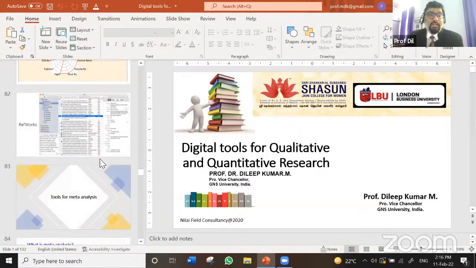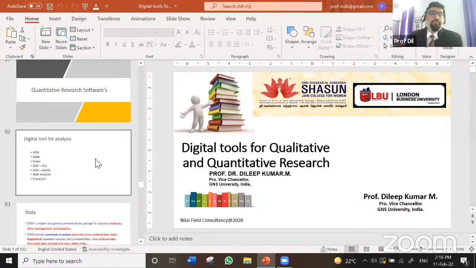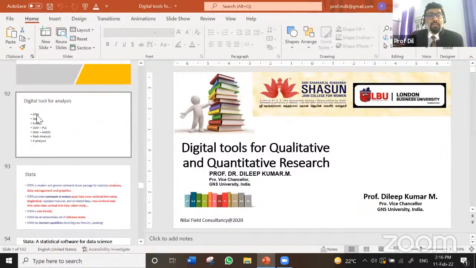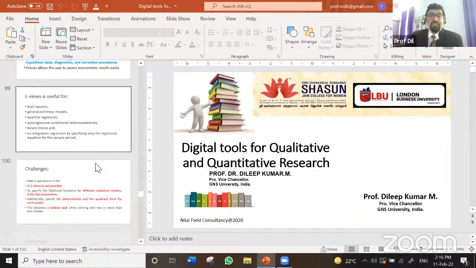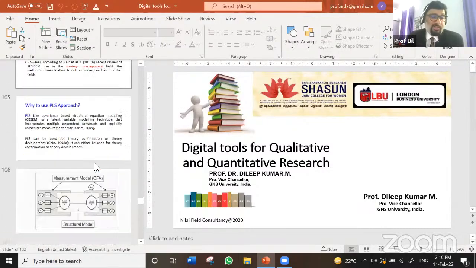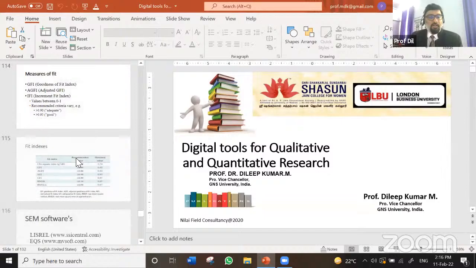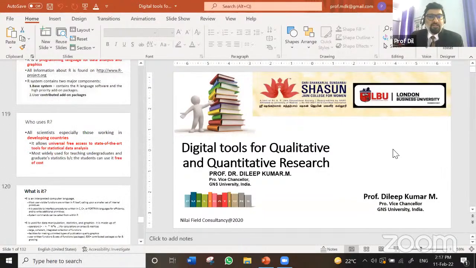These tools I can tell you a lot about, but these are all to be purchased. If you look here, we can see a lot of tools which we are using; even for measurement model analysis, we can use Rasch analysis also. So a lot. I couldn't cover this one this time, but it can be done at a different time, when I'm free, and likewise I can share it with you.